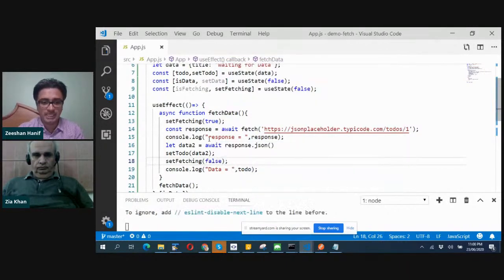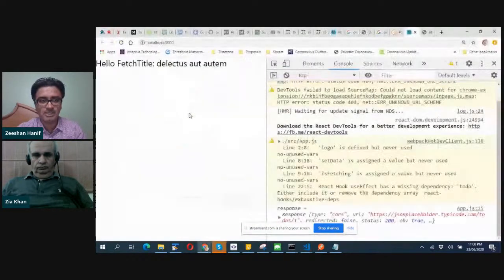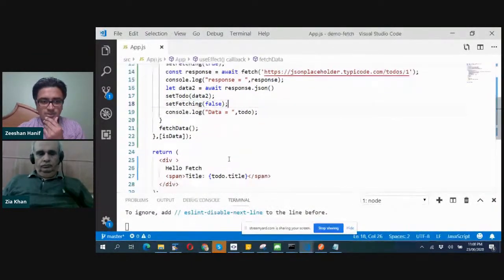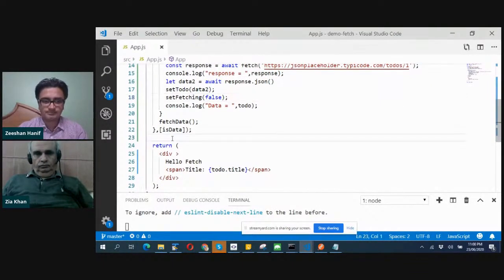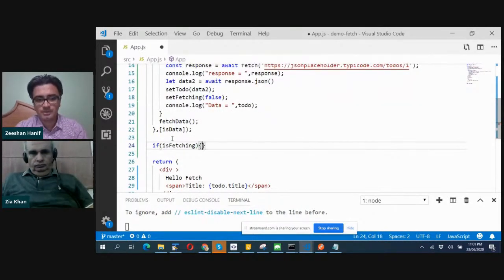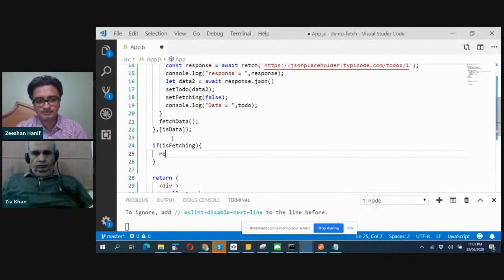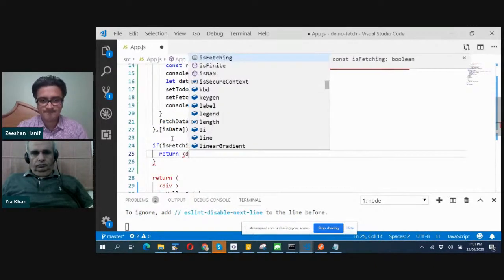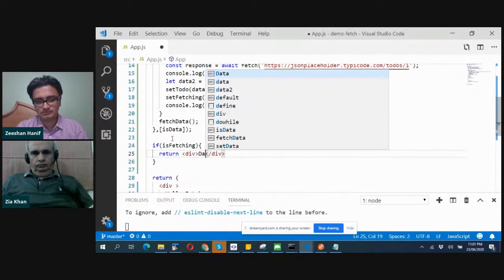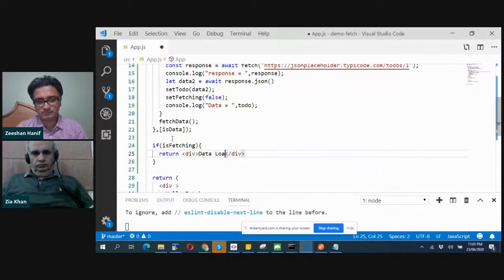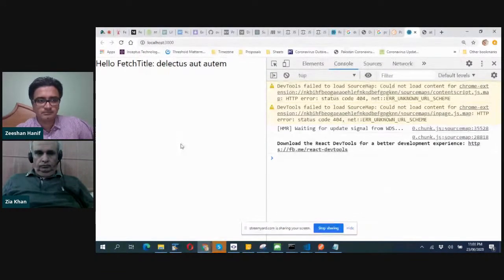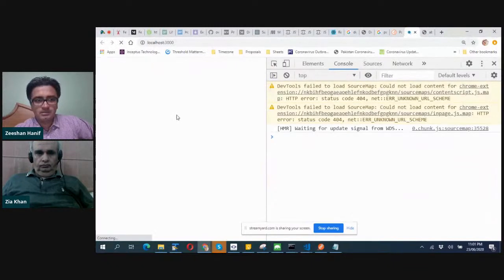It will do nothing as of now, so we will not have any difference. Now what we can do is, if is fetching is true, return